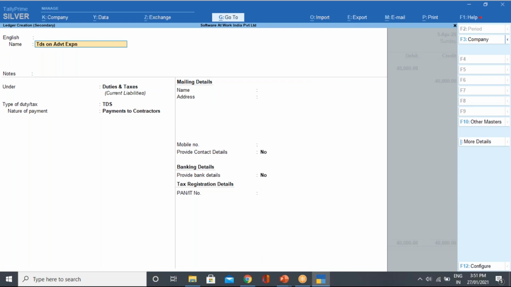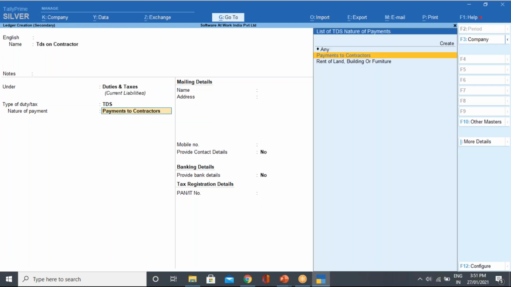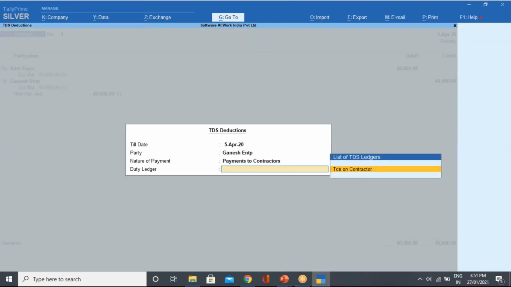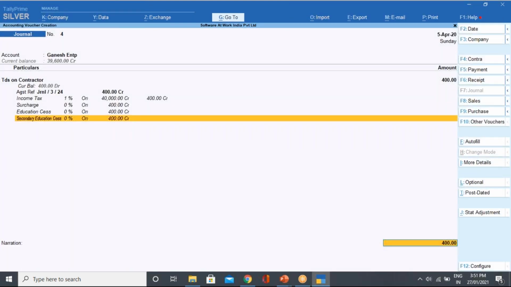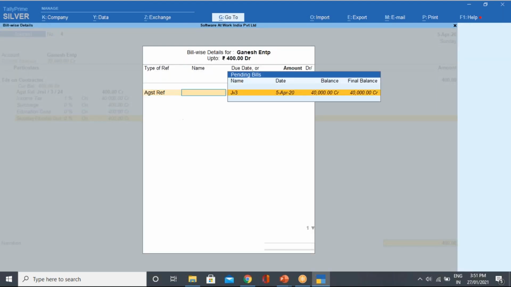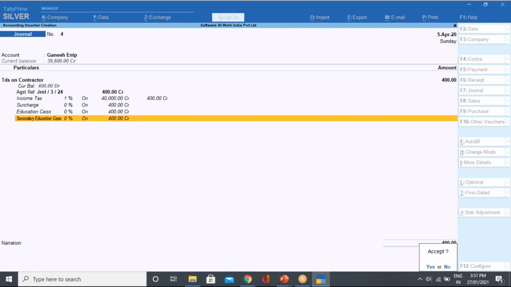Even though I can make it TDS on contractor over here, that would be better. Duties and taxes and everything I will mention and I will accept this one. Now you can see 400 rupees, that is 1%, has been deducted. 1% for individual and 2% for the company. Against reference I will mention and I will accept this entry.